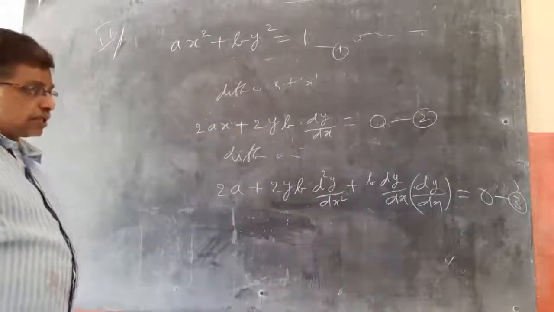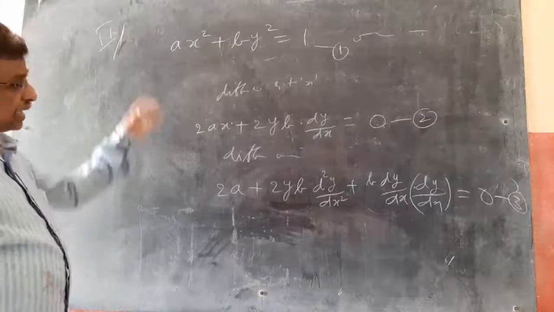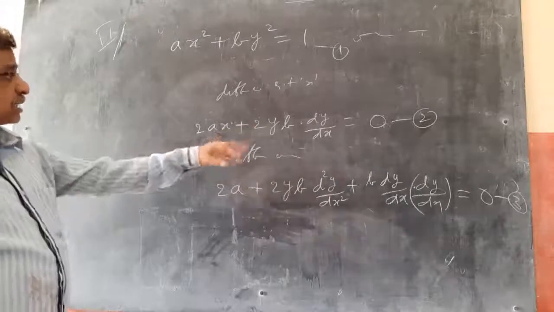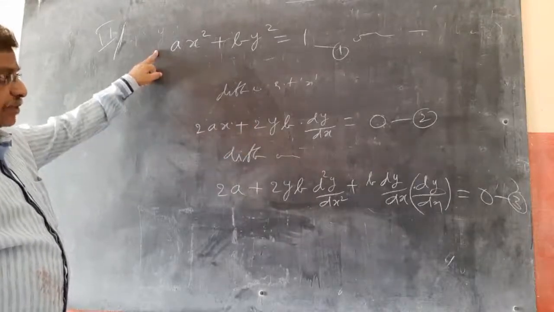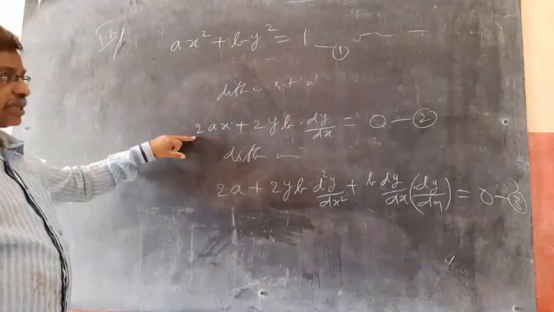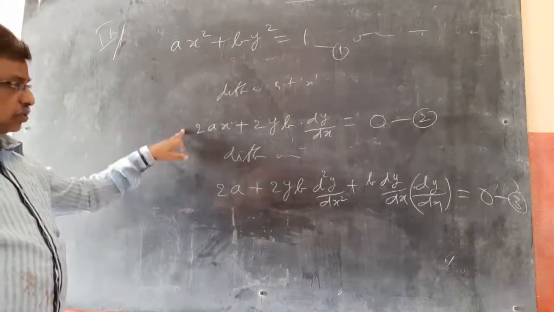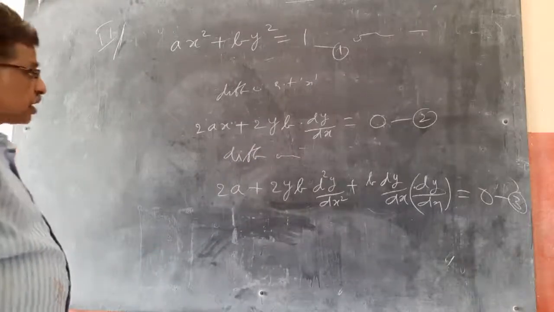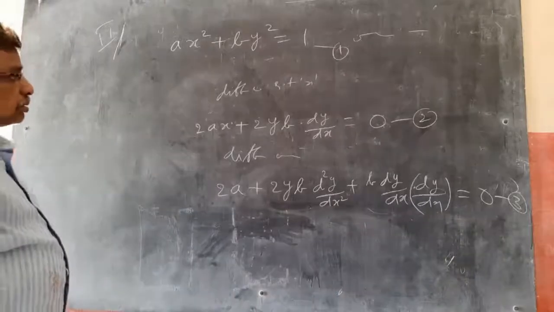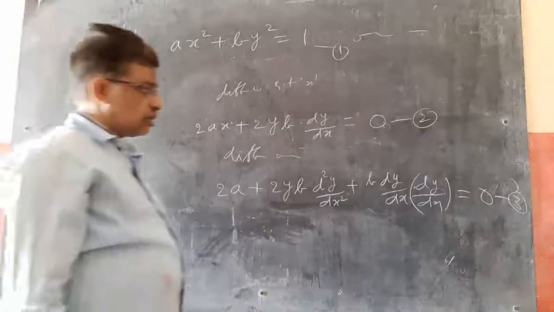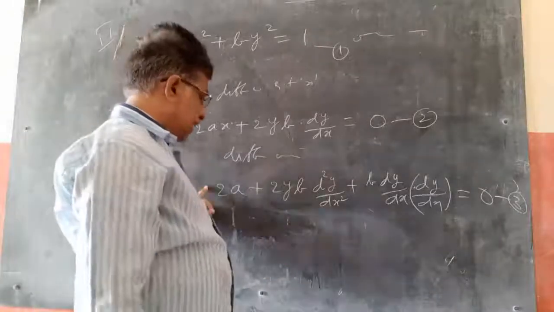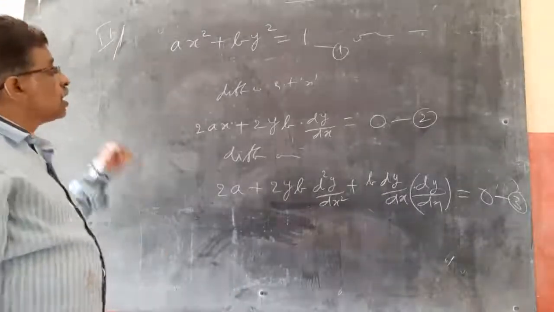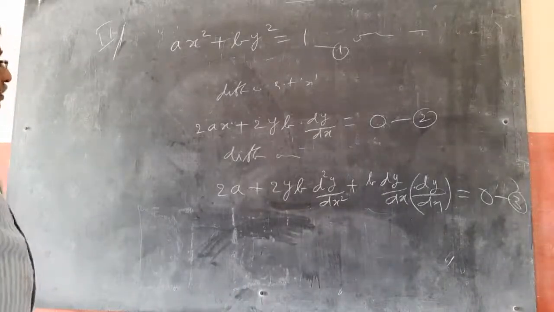You can use the shortcut which I told, go for the determinant, or you can go for the elimination method, your choice. If I multiply this with x and subtract, multiplying this with 2 and subtracting, I can eliminate a first, then I will get b. Then using these two, again I can eliminate a. So there are two ways of doing it: one is eliminating a and then finding b, the other is the determinant method. Your choice. I am obviously going for the determinant method.